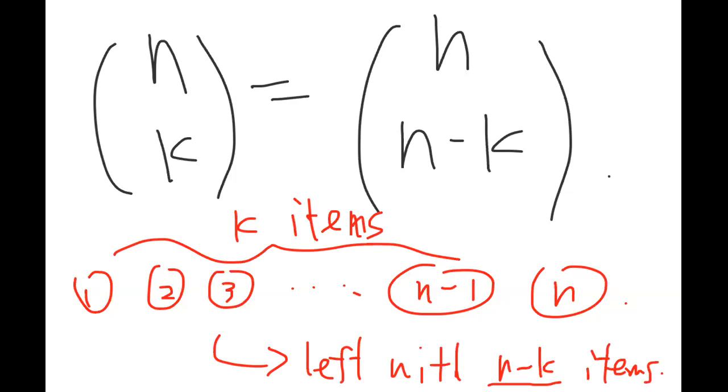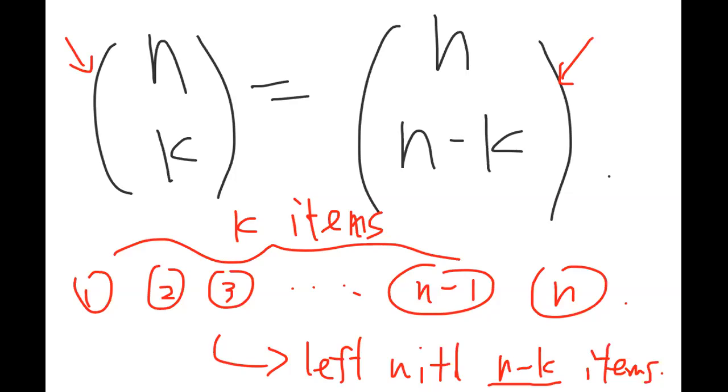Which means every time you pick k items, you're also picking n minus k items. These two happen concurrently. So the total number of ways of picking k items is the same as the total number of ways of picking n minus k items, right? Because there is a one-to-one correspondence. So they must be equal,